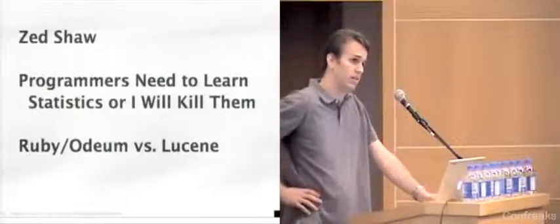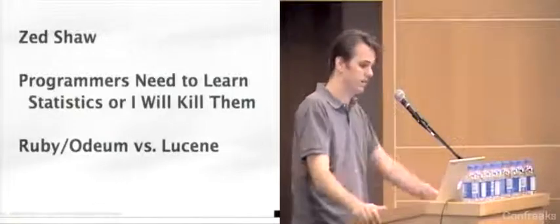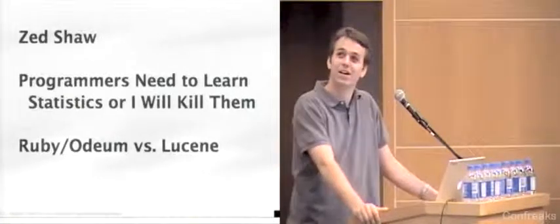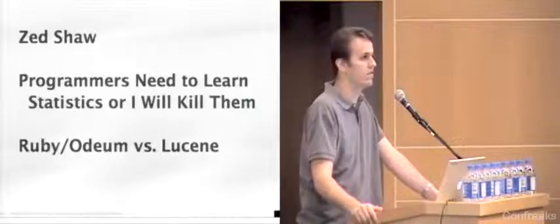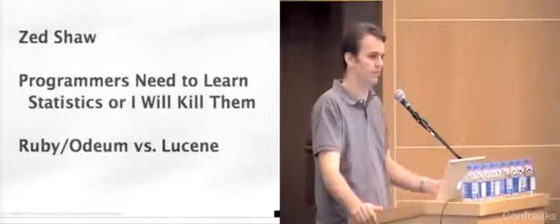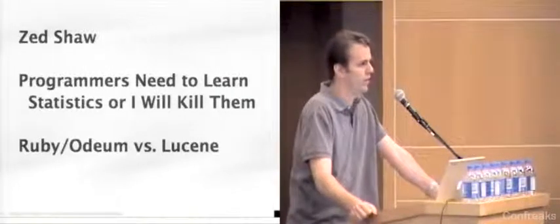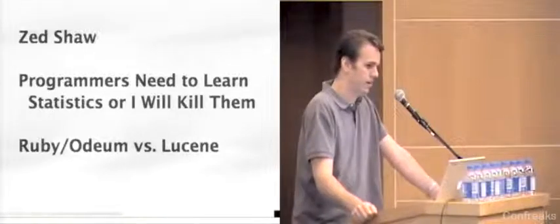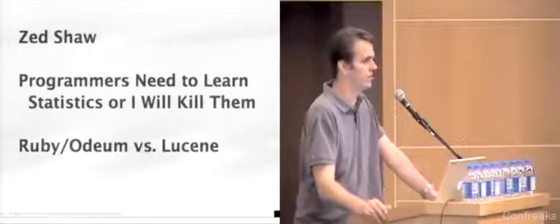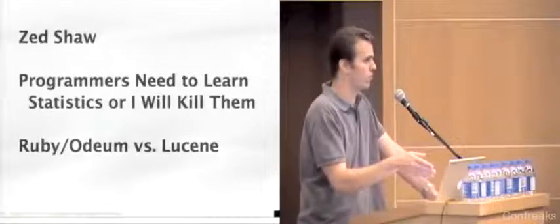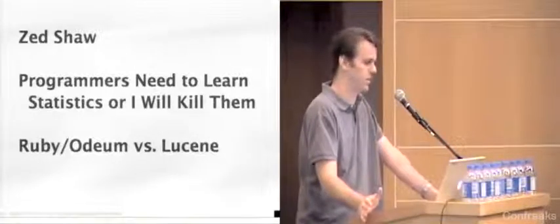And of course, Zed Shaw. You're probably familiar with his rant on programmers needing to learn statistics or he'll kill them. It's a good rant for identifying some of the common misconceptions that we have at times, the compounding variables. We should never measure how many users this system can handle, because how do you measure that? What is a user? It doesn't make any sense. You actually need to go straight for performance, like requests per second, and don't bother with users. That's a meaningless metric.